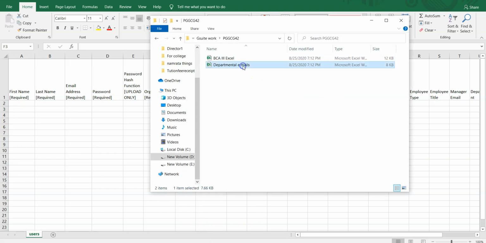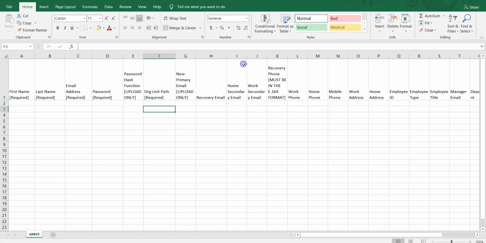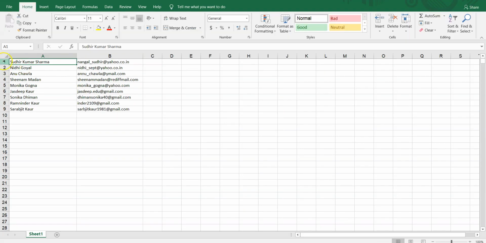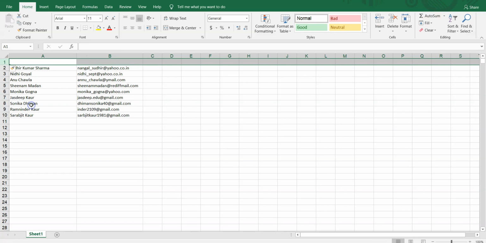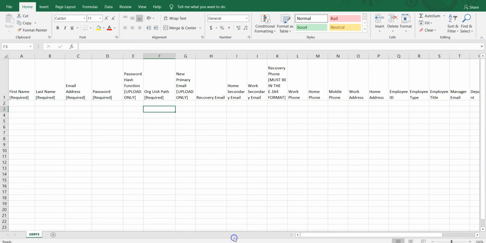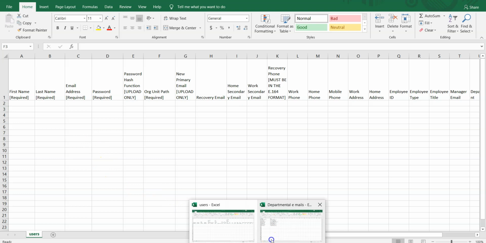So now let us see what data we have, and that is from this data we will fill these columns. For example, in this case, I have the data about the BCA faculty of PGGCG 42. Now, the main things which I need are only name and email are provided to me. Now, since there are various columns, I need to decide that how I am going to fill the mandatory columns